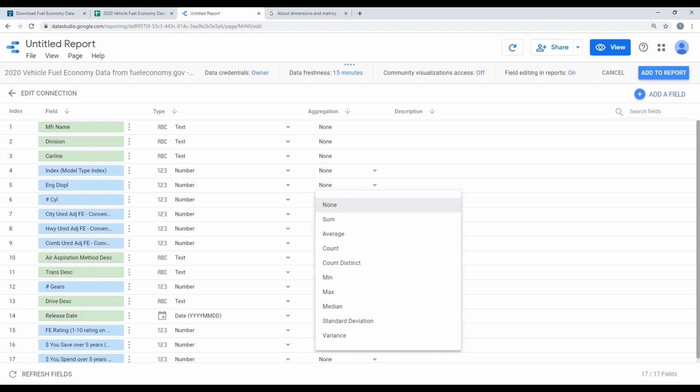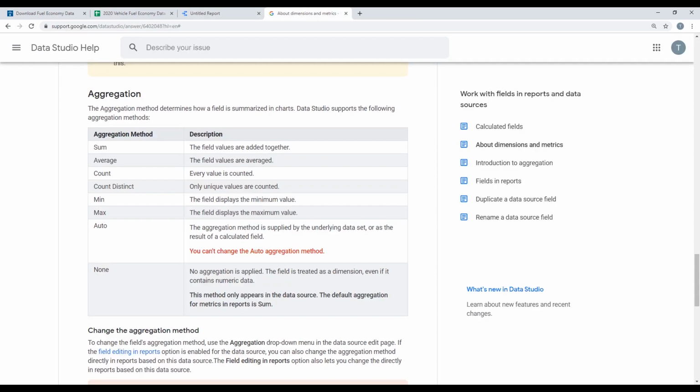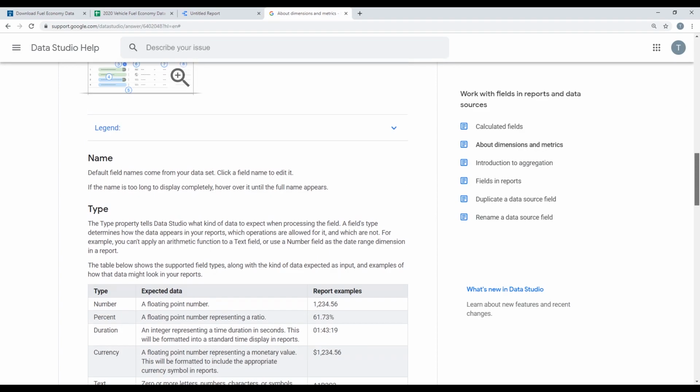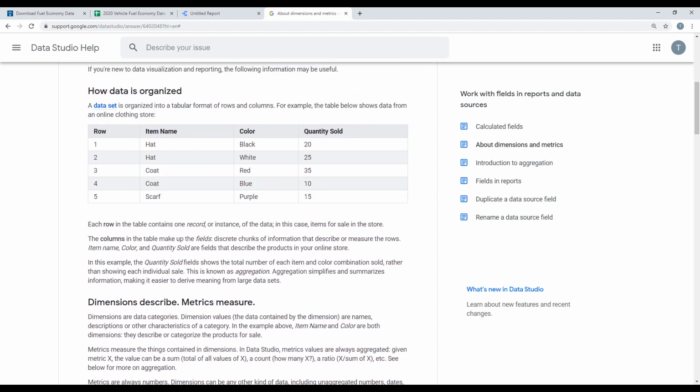Now let's try to understand what dimensions and metrics are. This help page on the Data Studio support site talks about what dimensions and metrics are. So an easy way to describe this is basically that dimensions describe and metrics measure. In this table, item name and colors will be dimensions, whereas quantity sold will be a measure. Now, not all numerical fields are metrics, and we'll see an example of that in our